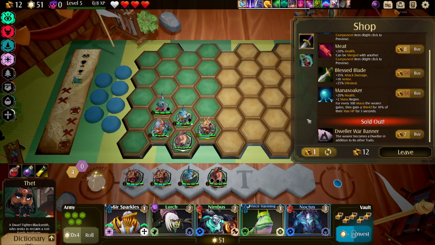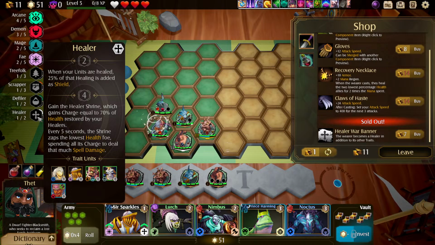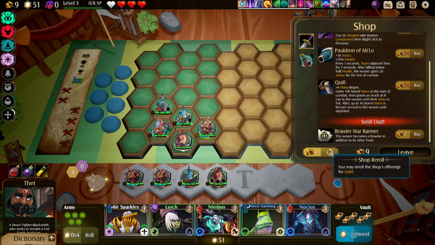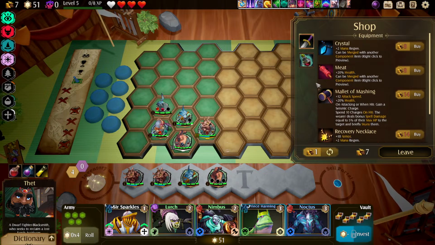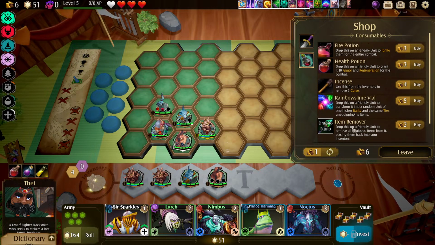We'll do some rolling here. I don't need any items. I don't care about those. Healer? I want a healer banner? No. These cost 7. I have 1 more roll. Dweller. Damn. Give me some potions. Could you not give me...